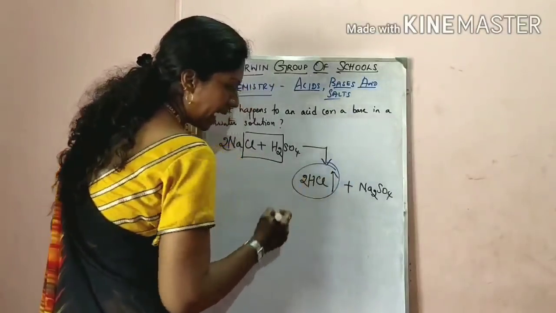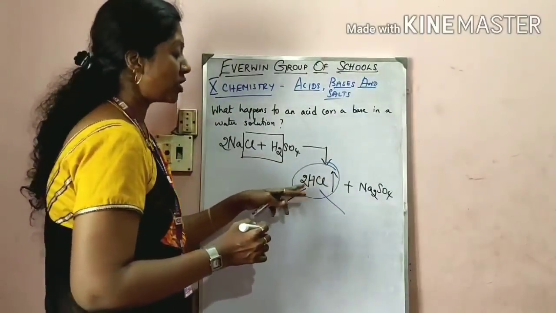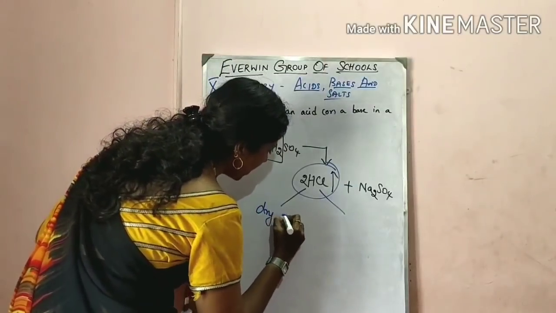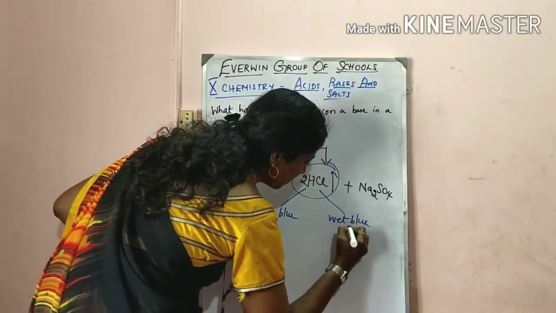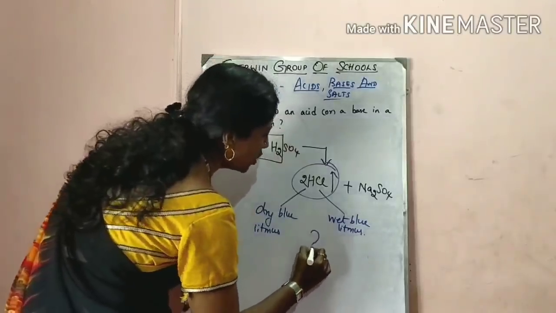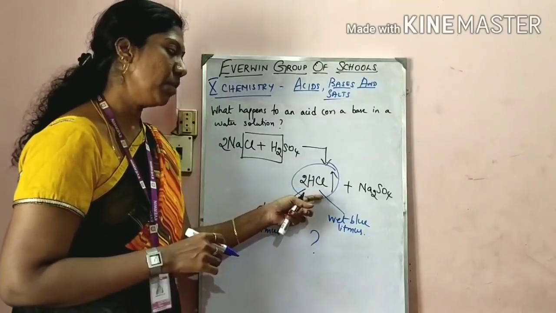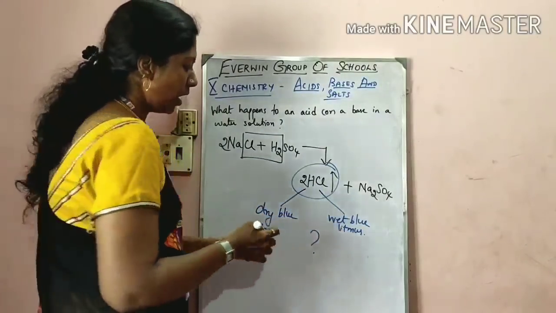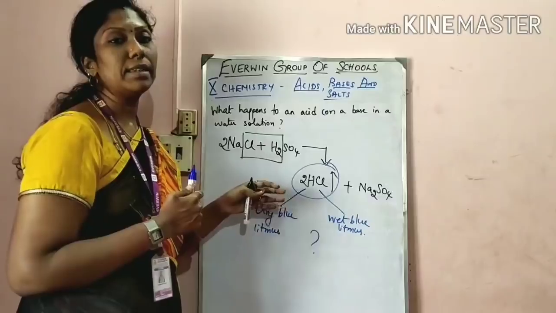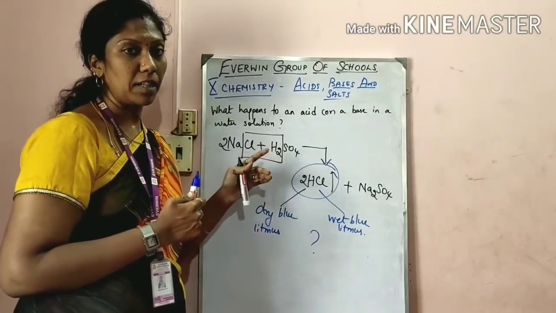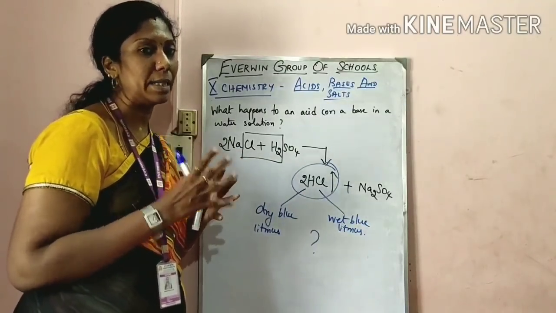Now the HCl gas which is liberated out of the experiment is passed through two samples, dry blue litmus and wet blue litmus, which will show color change, because in acid medium blue litmus changes to red. Whether both will show color change or only one will show color change. You should recollect the question which was asked in the first part of this lesson. Why does dry HCl not show a color change in dry litmus paper?